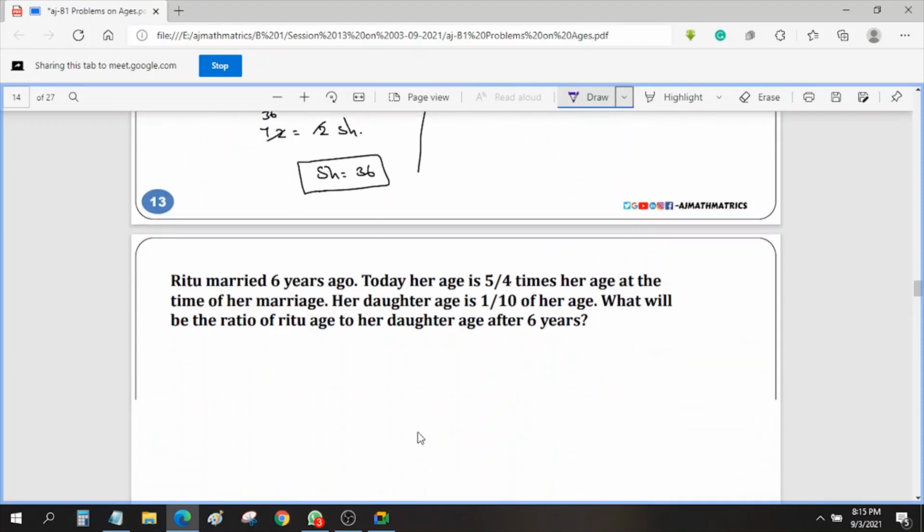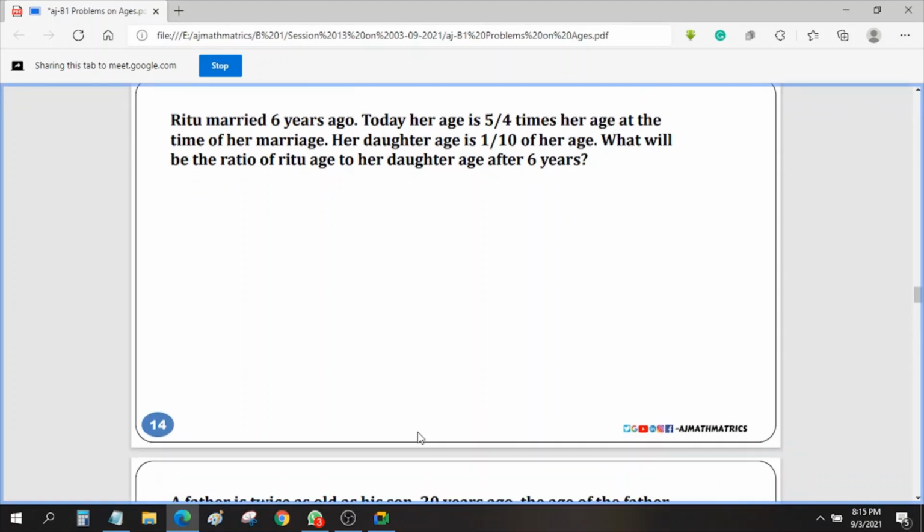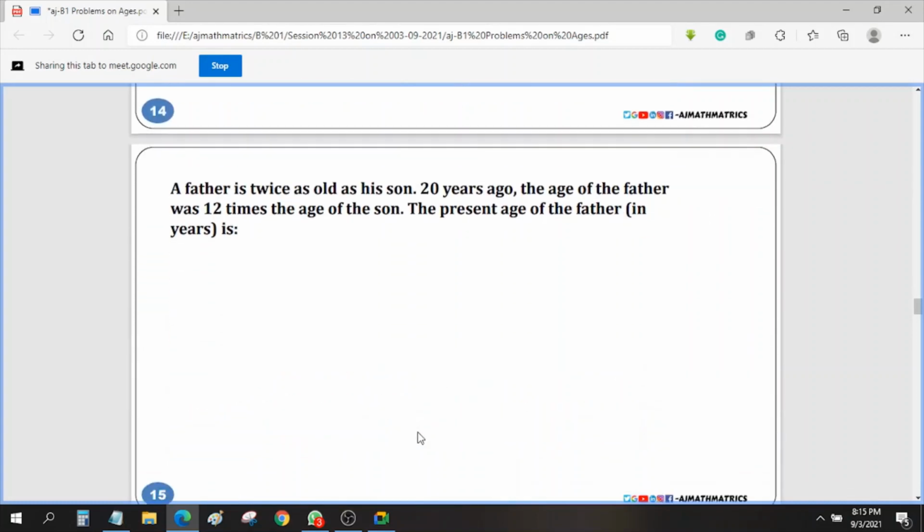Now this is again a similar kind of question. Ritu married 6 years ago, today her age is 5/4. The same kind of question, only the numbers are changed. Okay, the next one is